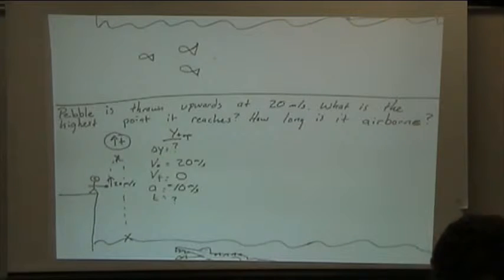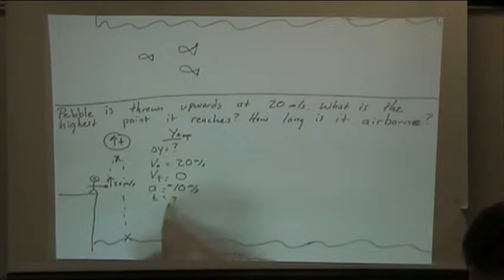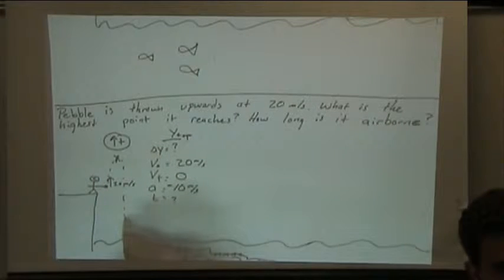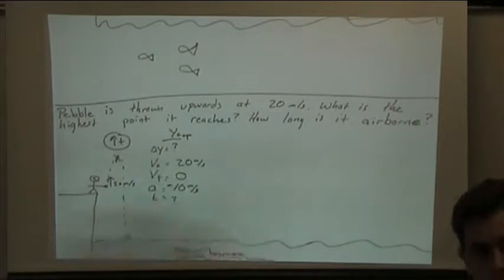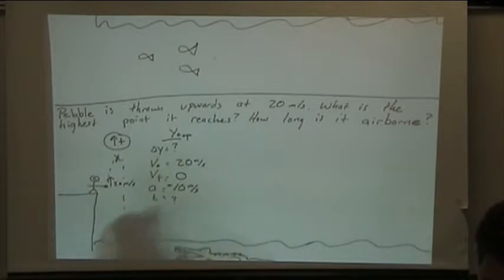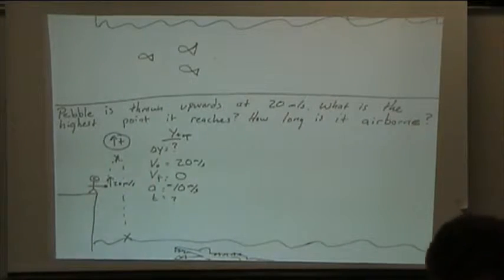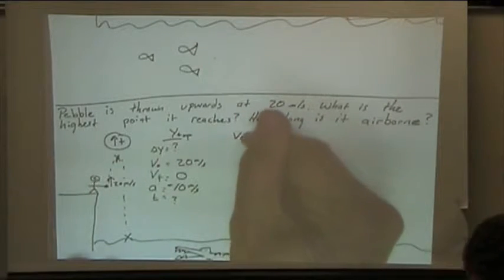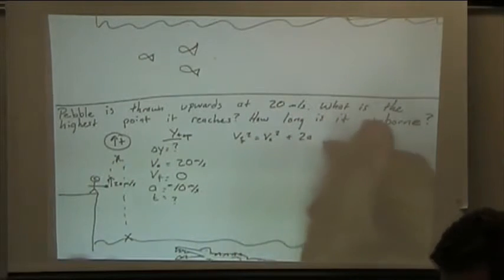What we want to do here is find the time for this section and then maybe add the time for that section. That's one strategy. Another strategy would be to use the third equation since we don't know the time. So you've got some choices here. I think what I'm going to choose to do is use the third equation just to show how that can be accomplished here. We'll say that Vf squared equals V naught squared plus 2 times A times